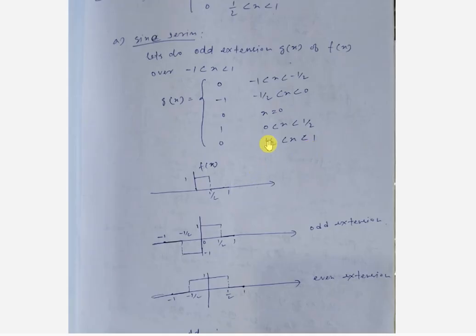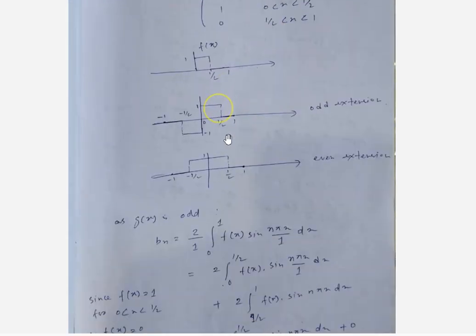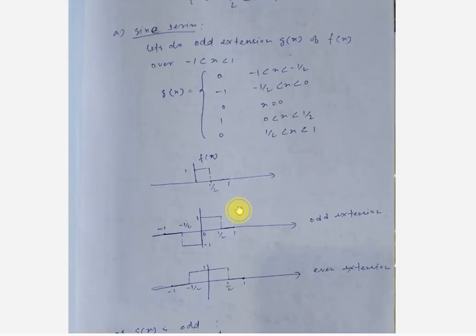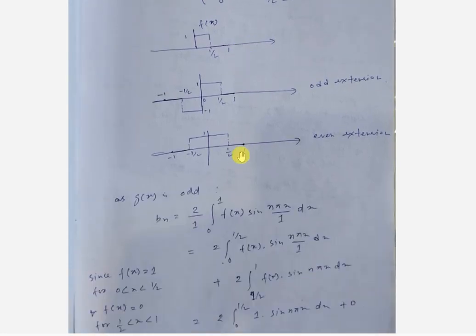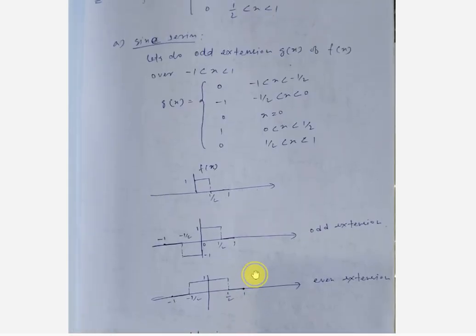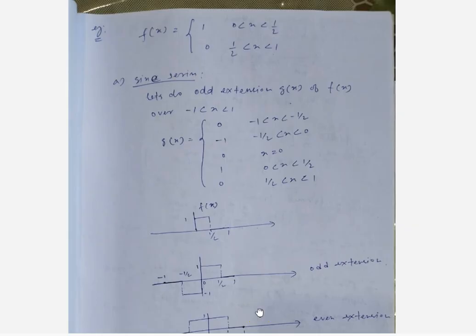This was easy. But from 0 to minus half, the function should be minus 1, and at 0 it should be 0. This will be the odd extension of this function. If we do the odd extension, we will only get the sine coefficients, the coefficient bn. And if we put in the value of bn, we will get